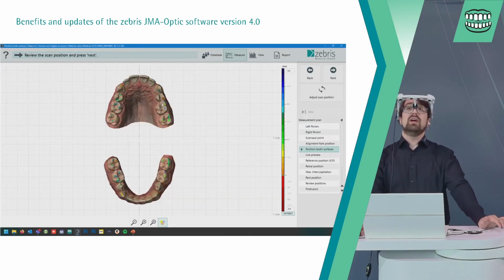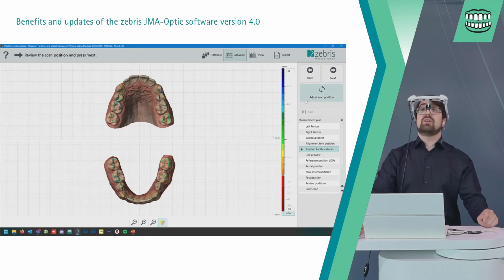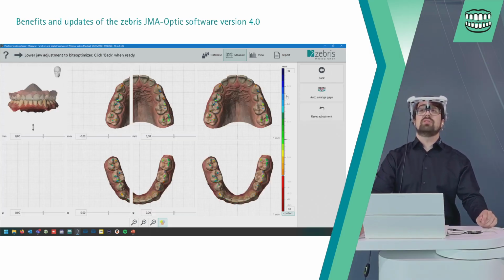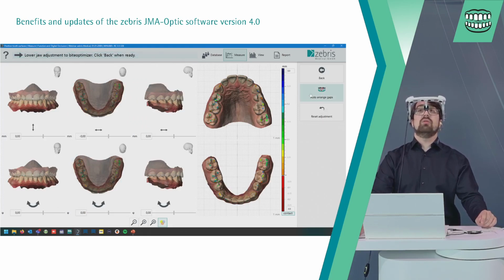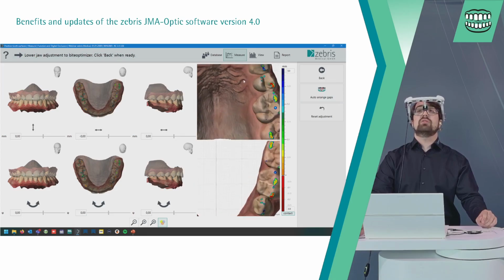And now we are at this position I already mentioned, where we just imported our scans, and here we can adjust the scan position and access our bite optimizer. When you see here, we have some little intersections.